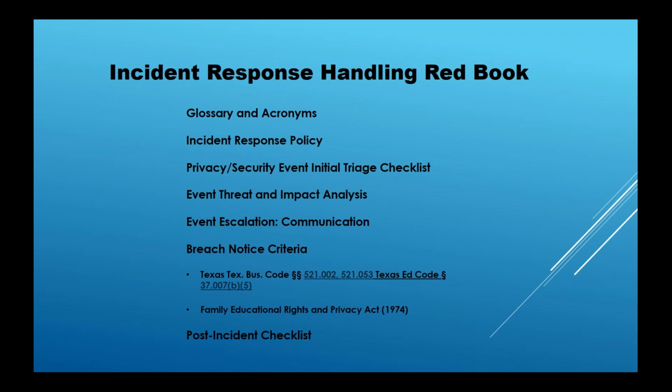Here's what you'll actually find. It's about a 100-page document. It starts at the very front with a glossary of terms and acronyms. If you don't have an incident response policy, they have an example of a policy out there. They provide a privacy and security event initial triage checklist. There's a section on event threat and impact analysis,